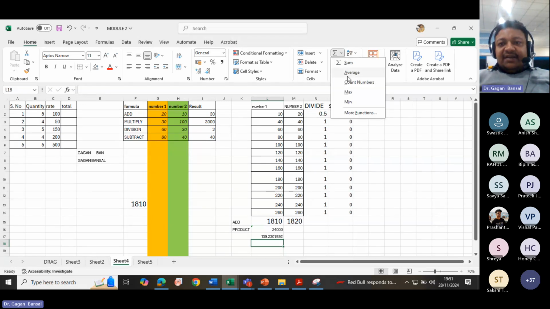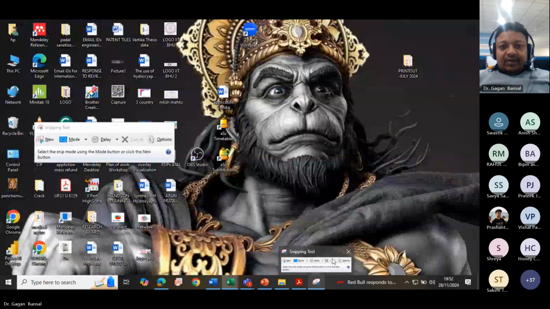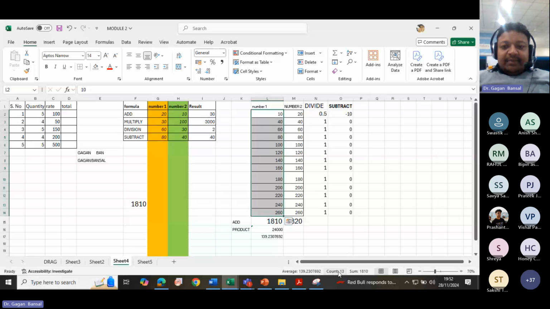ठीक है, एवरेजिंग सम, देन काउंट नंबर। काउंट नंबर क्या करता है, वो आपको नंबर्स बता देता है। सपोज मैंने आपको उस दिन भी बताया था, जैसे ये बाय डिफॉल्ट, मेरी स्क्रीन विजिबल है ना? Yes, sir. ठीक है, बाय डिफॉल्ट जो नीचे हिंट बार उसमें भी आता है, काउंट इज 13। लेकिन अगर आपको कहीं पे एरे की फॉर्म में यूज करना है या फिर लास्ट डाटा है आपका, देखिए बाय डिफॉल्ट तो वो सम भी बताता है, एवरेज भी बताता है, विच एवरीथिंग यू कैन सी बॉटम इट इज विजिबल।